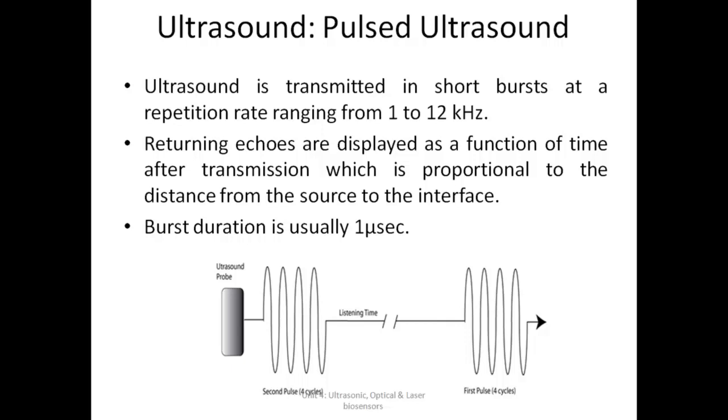Now, in this, what happens? You send the ultrasound wave not in continuous form. You can see in the diagram, there is a short wave sent, then the transducer goes silent for some time. Then, after a certain waiting period, again there is a short burst of ultrasound sent. So the ultrasound wave is transmitted in terms of small pulses. And in case of pulsed ultrasound, during this waiting time, the same transducer can record the echo. So what happens?